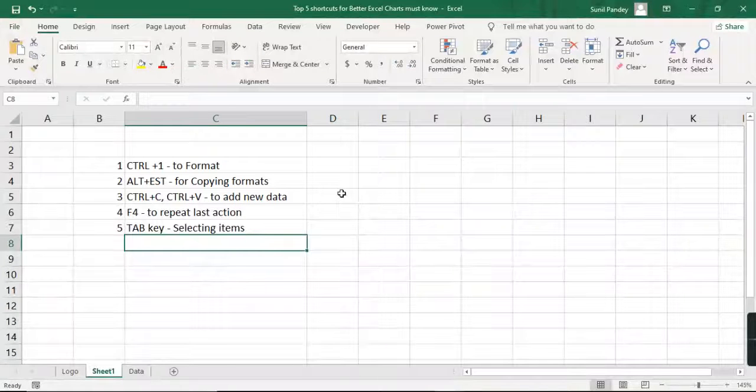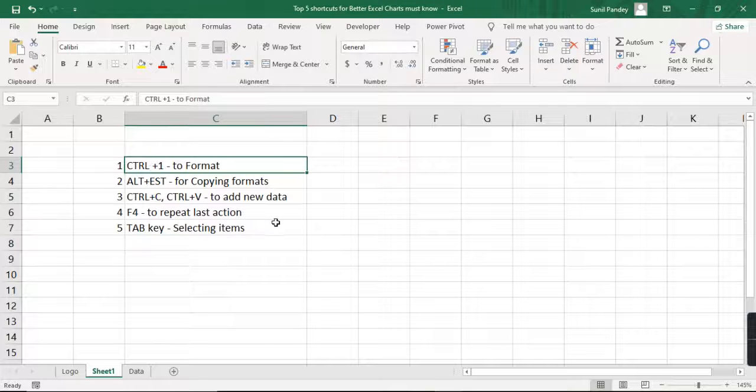Second one is Alt plus E S T, Control C and Control V to add new data, F4 to repeat last action, and Tab key for selecting item. So let's see the first one, Control plus 1 to format the chart.